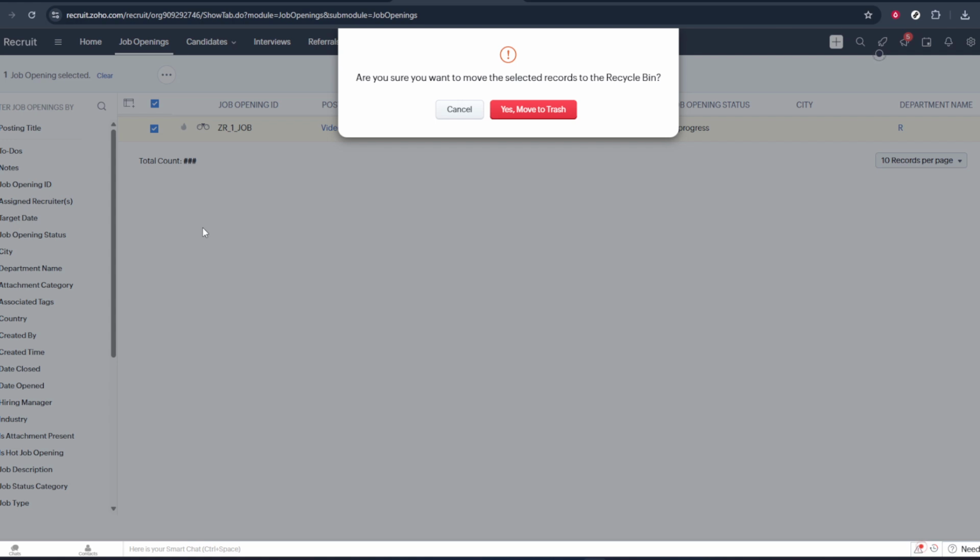Depending on your Zoho Recruit settings, you may see a confirmation pop up asking you to confirm that you want to delete this record. This is your chance to review your choice one last time. If everything looks correct and you're sure you no longer need